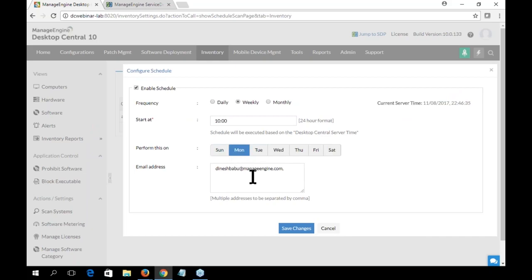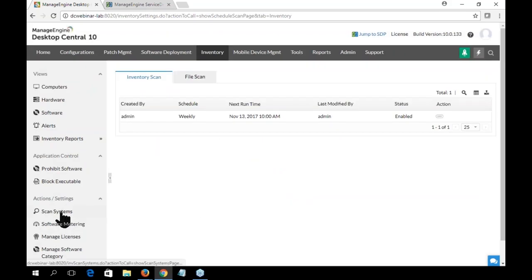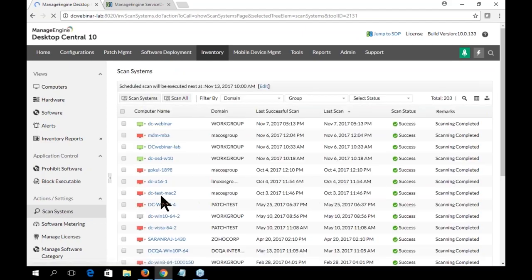So what happens if applications are removed from a machine, or hardware is added on the following days? You need to wait until next Monday to get the up-to-date information available in ServiceDesk Plus. Similarly, with the on-demand scan, you cannot run a scan frequently in your ServiceDesk Plus to get the details. So for that reason, the integration comes into the picture, whereas Desktop Central has another intelligent scanning where it automatically